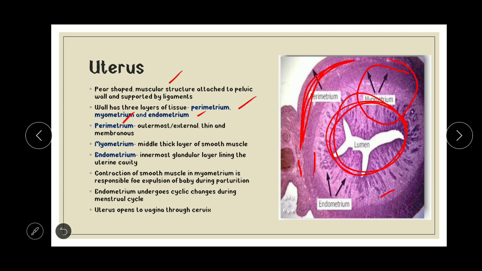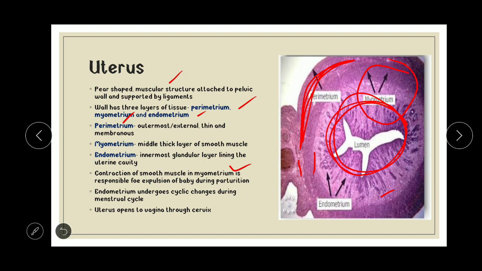Then what is the function of smooth muscle? Smooth muscle in myometrium is responsible for expulsion. By mistake I have written it FOE, so it will be for parturition. During parturition, the contraction of smooth muscle is necessary, and this is performed by the myometrium for expulsion of